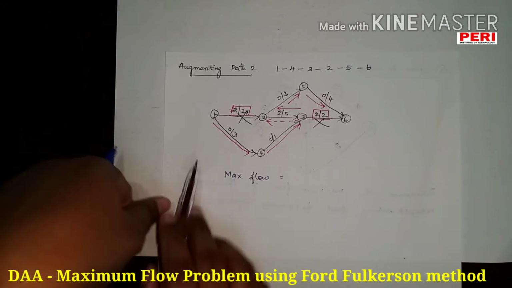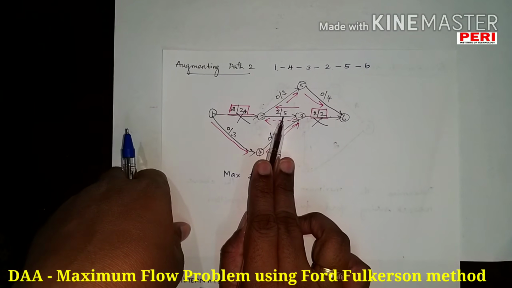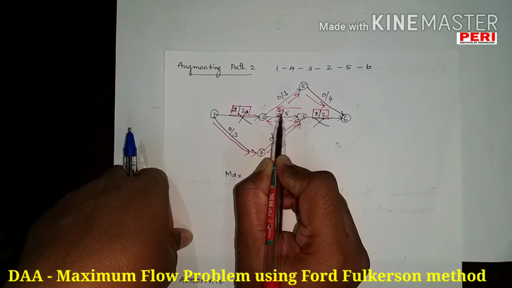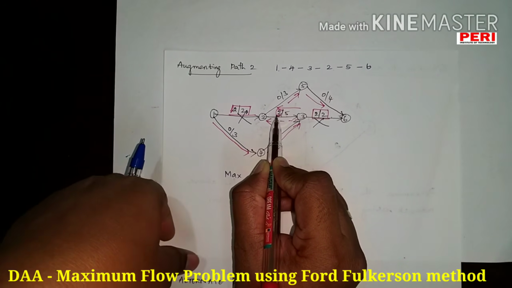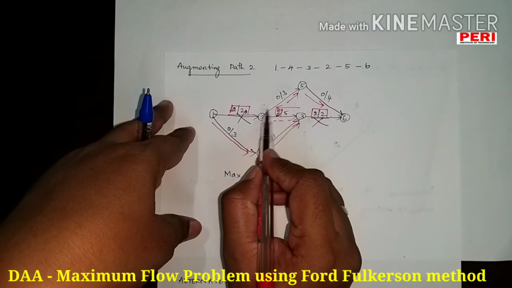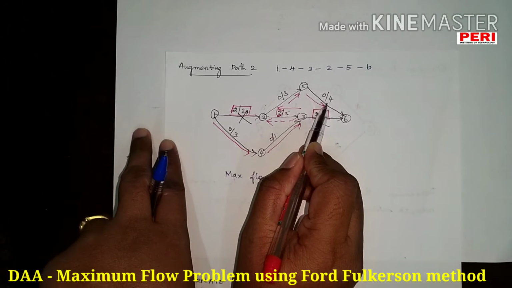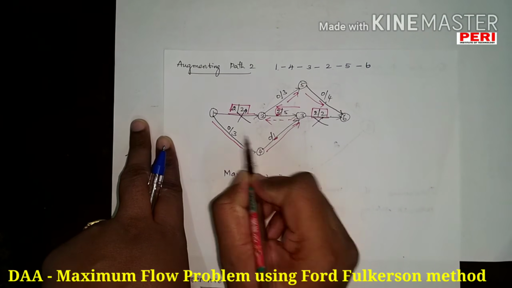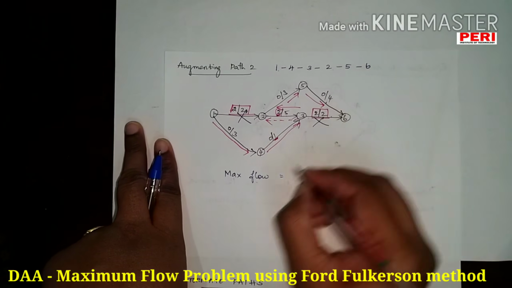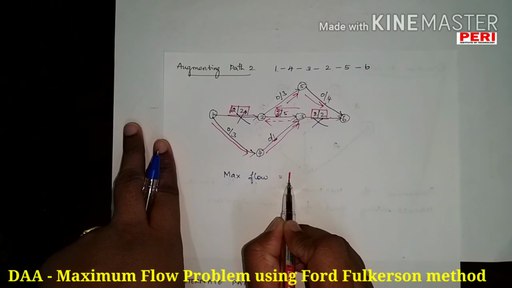It is 3 over here, 1 over here. The capacity is 2 over here. Why? Because you are going to consider only 2 now. You will not be considering 5. Why? Because I have only 2 here. So through this path I have 3 and this path I have 4 as my capacity. But 1 is my minimum over this path. Therefore I am going to take my maximum flow as 1. For this particular path the maximum flow will be 1.